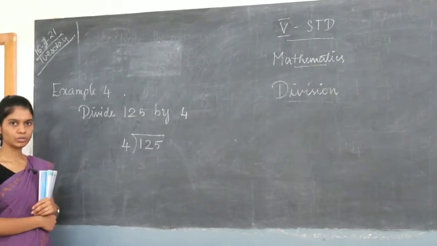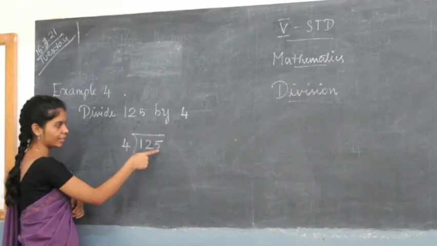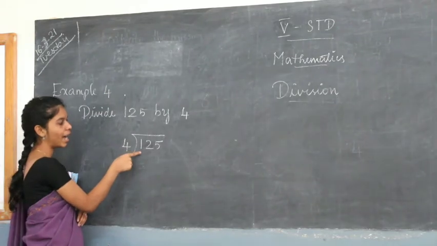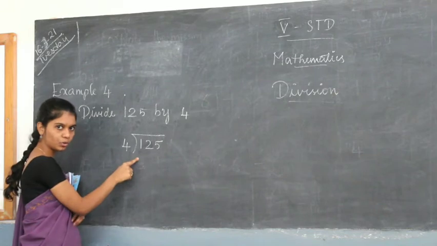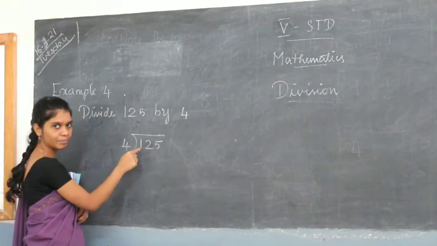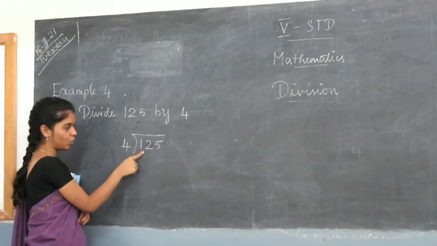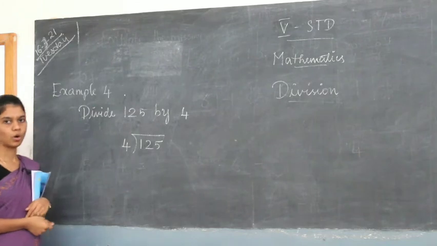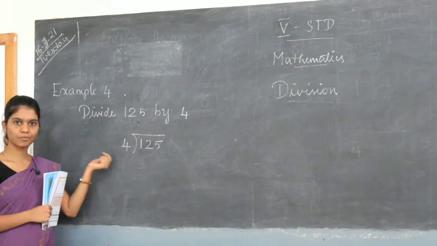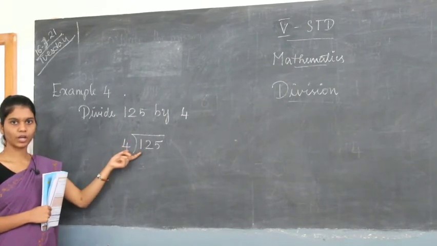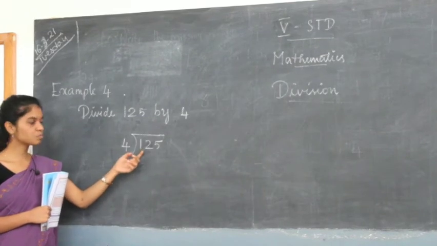Okay, now what you should do? You should look into the highest place value number. So here see units, tens and hundreds. Which is the highest place value here? 100, right? So you look into the 100 place number and you will compare it with the divisor. So here you have 1 and here you have 4. 4 is greater than 1. So can you use the 4 and divide this one, or tell 4 tables so that you will get 1? No, right? Because 1 is smaller than 4.